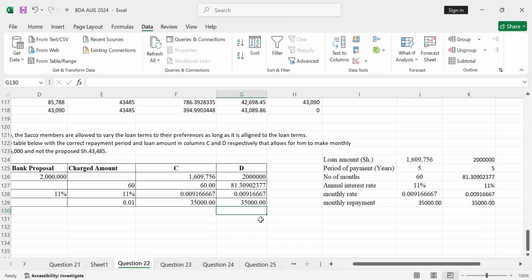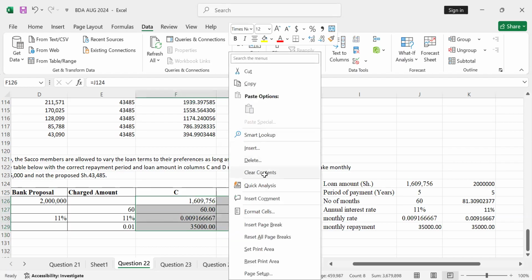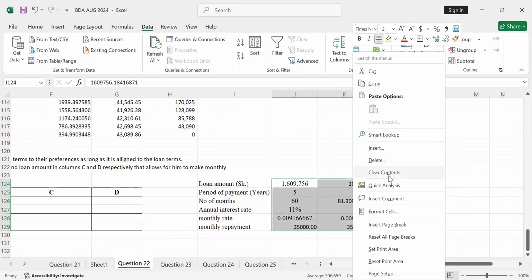That is how we do the goal seek. You use the goal seek, which will help you to know. Here they wanted the first column for the repayment period, or I've interchanged. I've done the first for the loan amount, the other one for the repayment period. Let me just repeat again. There is no harm, so that we understand again.